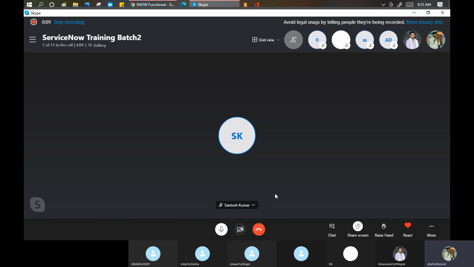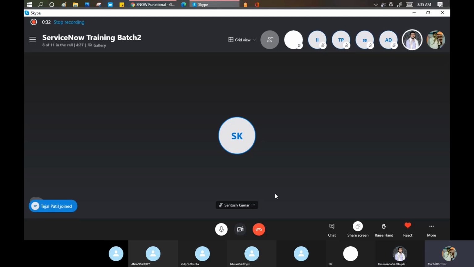Yesterday we started a new topic called reporting and the dashboard. We saw what types of reports are available in ServiceNow, which we call standard reporting. These are not the calculation-based reports. These are normal, simple reports where you just put a table name and get the report as per the requirement. But yes, ServiceNow gives us a lot of functionality on the reporting part, like aggregation, maximum, minimum, and distinct, that you can do easily at your end.